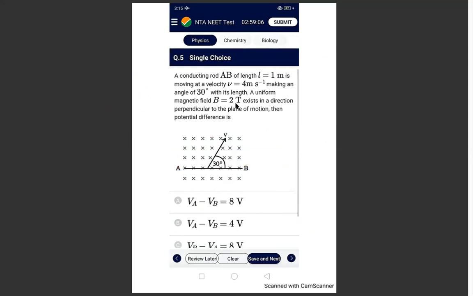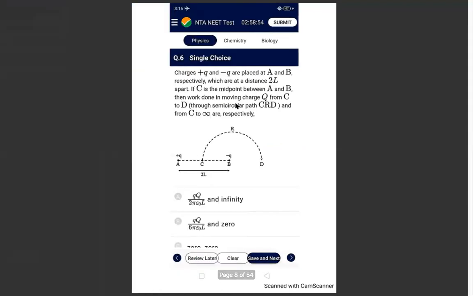All right. So let's move to the next one. It's question number 6. This type of question was previously asked last year too. Charge plus Q and minus Q are placed at A and B. The distance between them is given as 2L. We are required to find out, if we want to move another charge capital Q from C to D